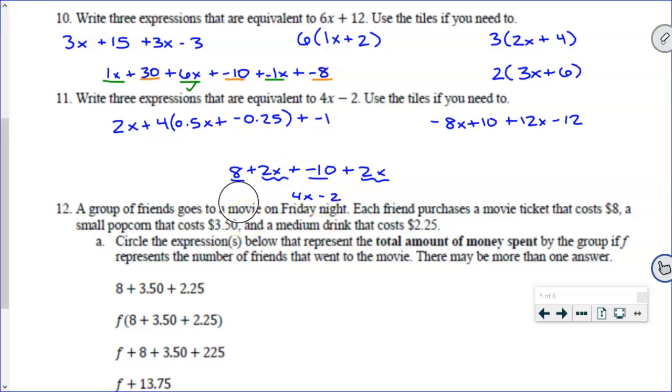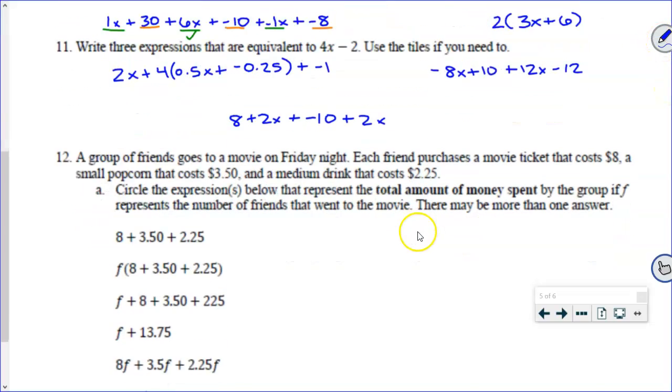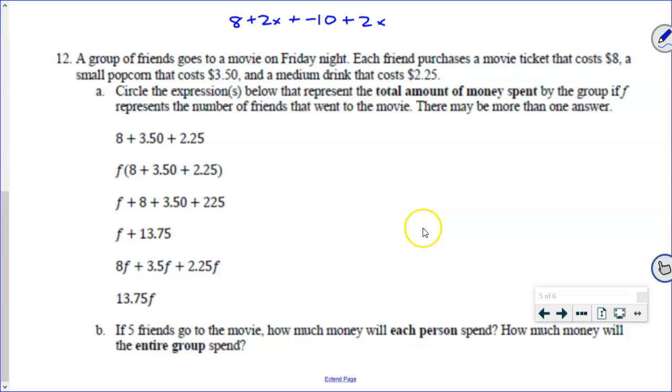Nicely done, guys. And I know there are infinitely more options that we could have written, so we're not going to go over all of them. We came up with 3 for our notes, and that is good to go. And now this problem here ties very nicely into our next lesson, which is going to be on writing expressions